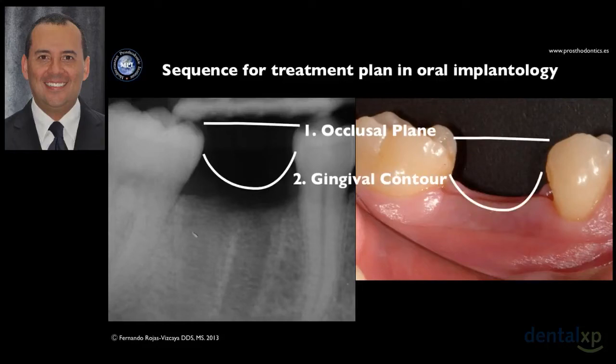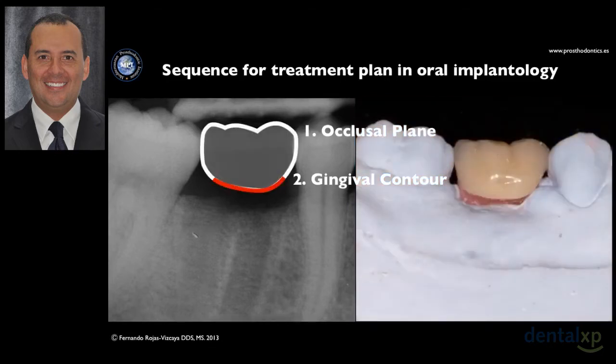Now you determine the gingival contour, or the margin of the planned crown. Also here it is very simple because you have adjacent teeth, and by symmetry you get the ideal position. So at this point you have your crown, right? You can make a wax-up or you can use a denture tooth just to show your patient the idea of the treatment. But here you have the occlusal plane and margin of the crown,